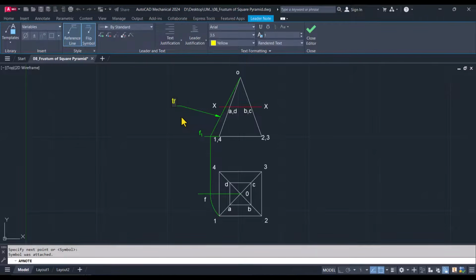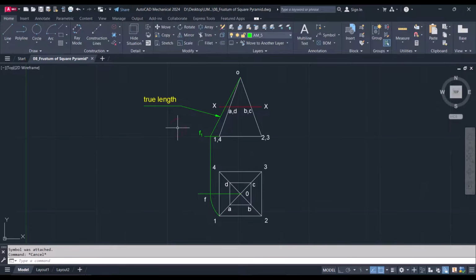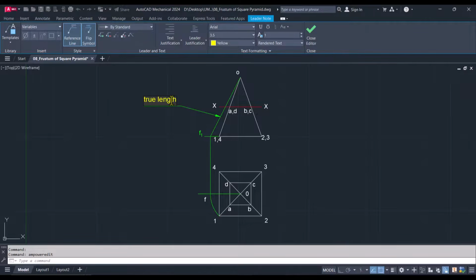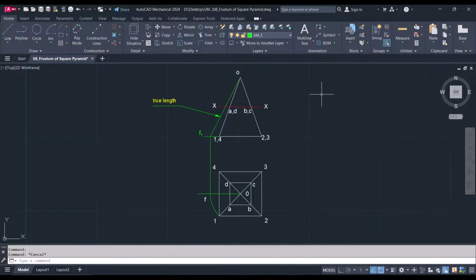Okay, so that is my true length. So instead, maybe make it smaller, maybe 3.5. Okay, now